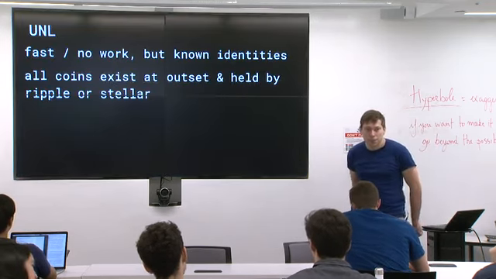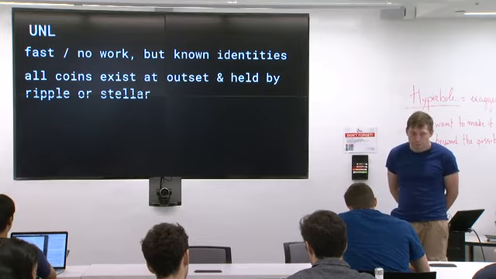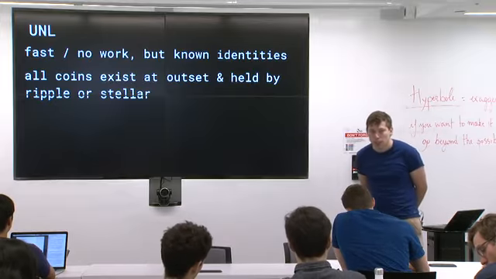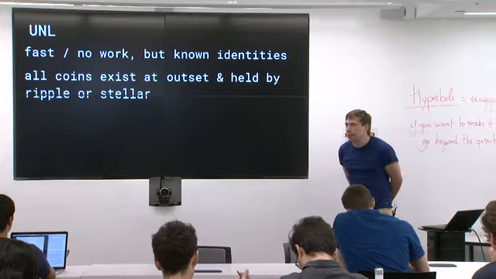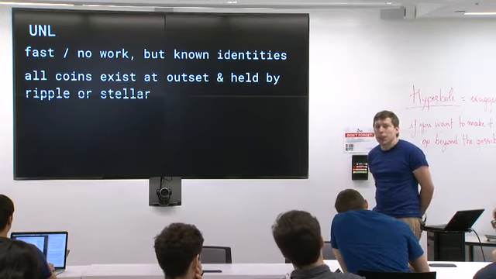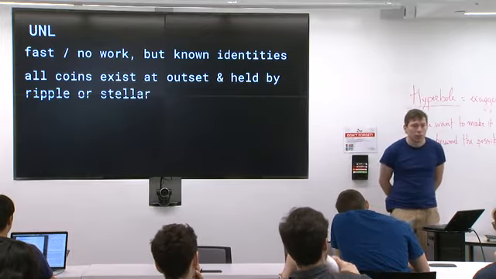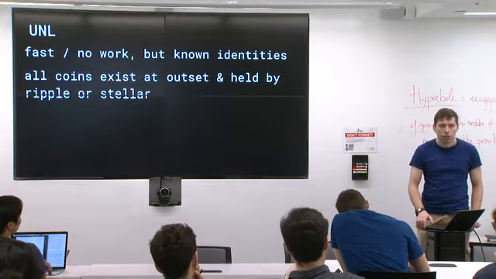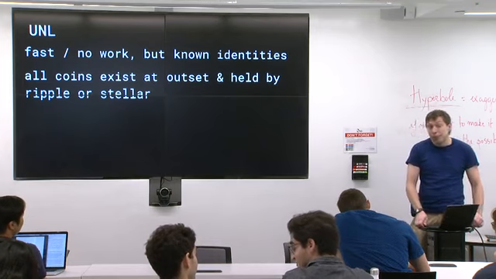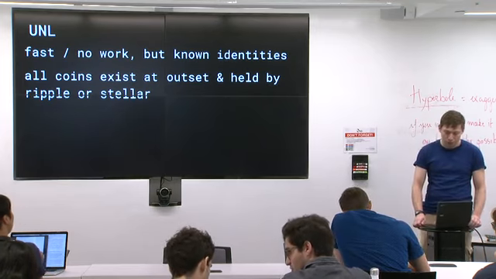Yes? You said Ripple or Stellar actually run the nodes? Because I understand that they might sign off on the UNL, but you're saying that... In Ripple's case, at least a year or two ago, they may have changed that. I think they're trying to, but yeah, they ran their own Ripple nodes. So it's not the bank partners or anything? They may have some now, but I know that 2 years ago it was just Ripple, or